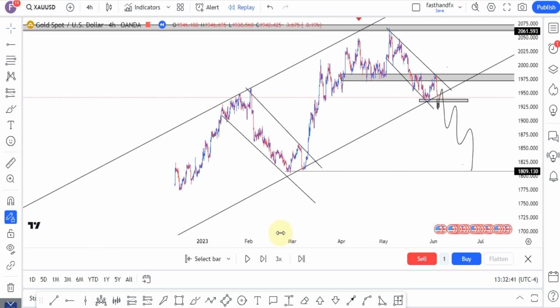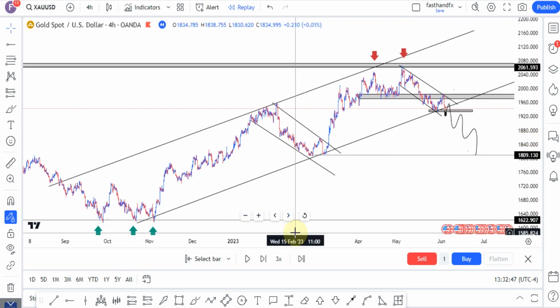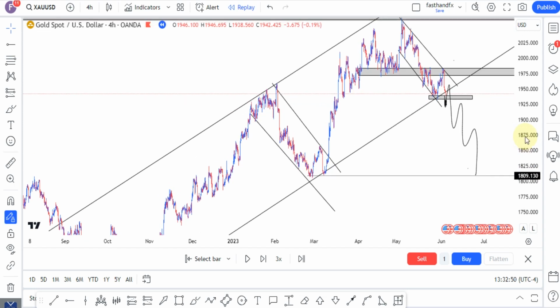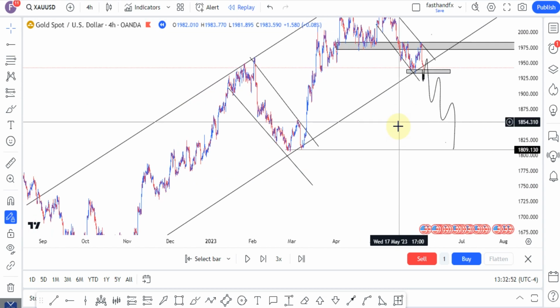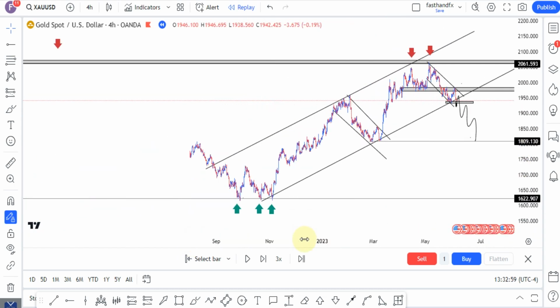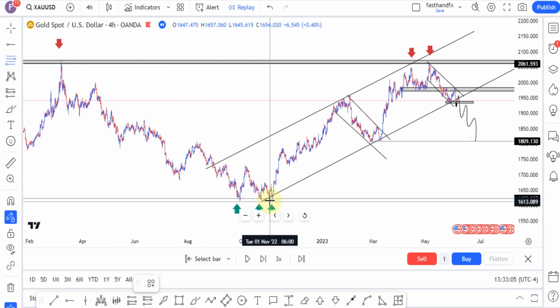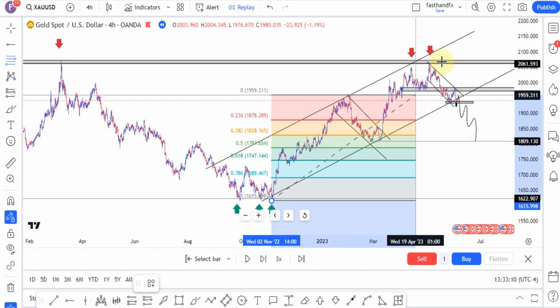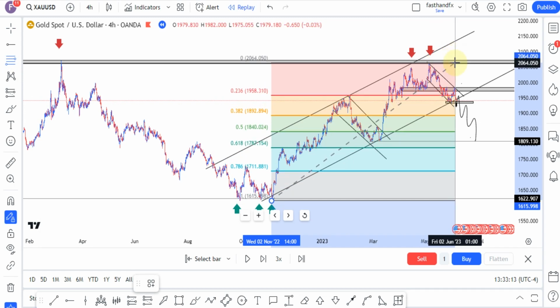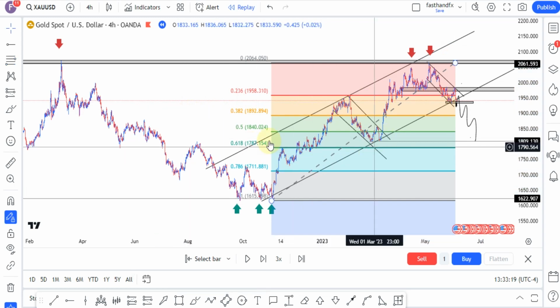And actually, when you take your Fibonacci tool and try to measure what the market had already done from the bigger time frame, we'll see that this level, let's take the Fib tool and try to measure and see which level this is. When using the Fibonacci tool, you can see this area down here is the 50-60%